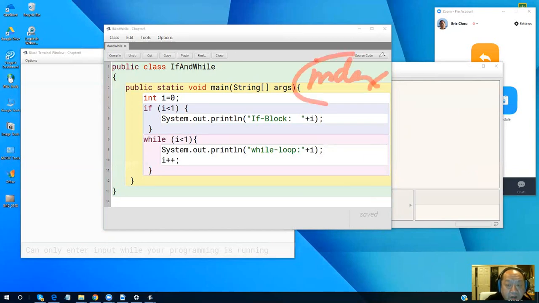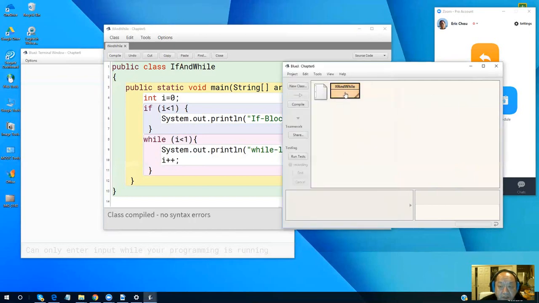Index is used for counting, okay? So that's index. So we have this. Here, i less than 1, I will do it once, right? And right here is also i less than 1, so I come in, actually I will increase from 0 for the first time, then it equals 1 and it gets out. So this will also run exactly 1 time,